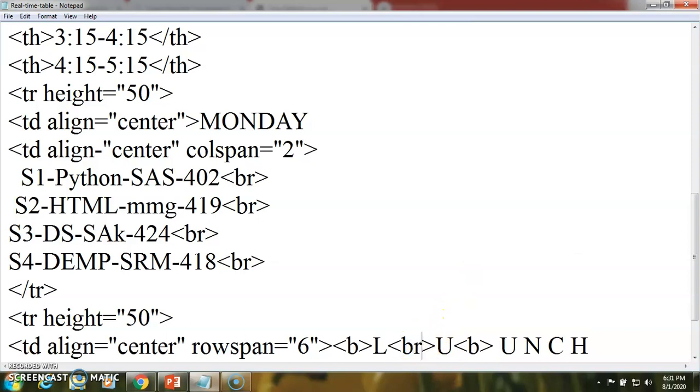So actually this is a break tag, so it looks column wise.